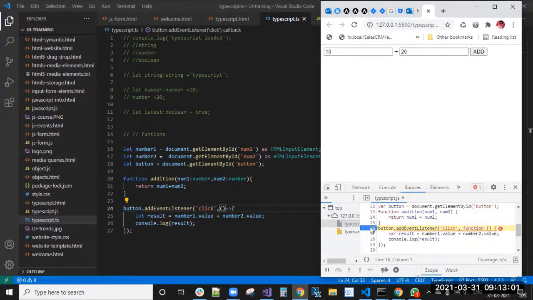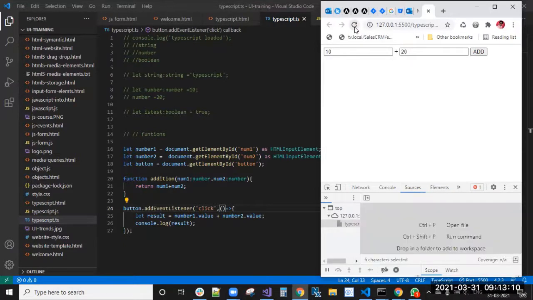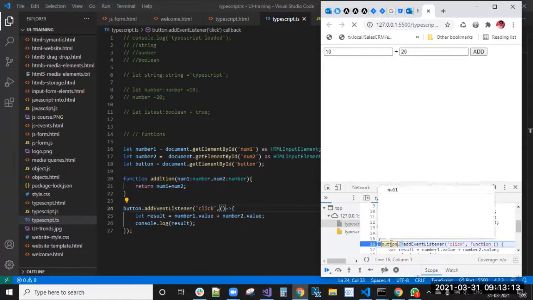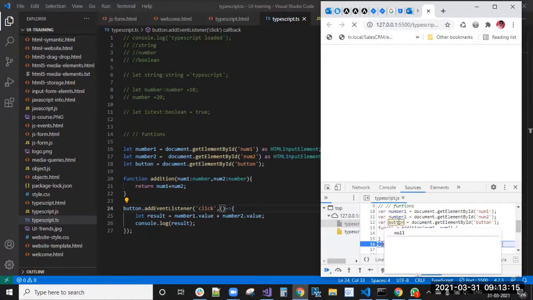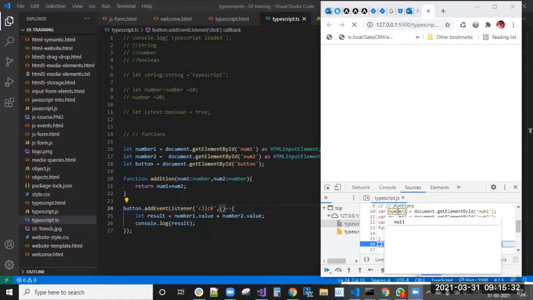Button is coming null. Why? Document dot getElementById of button is null.